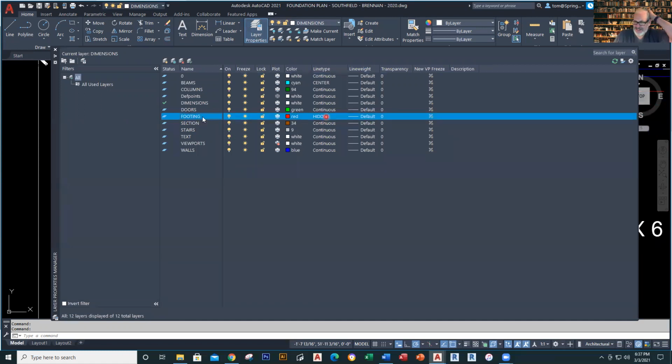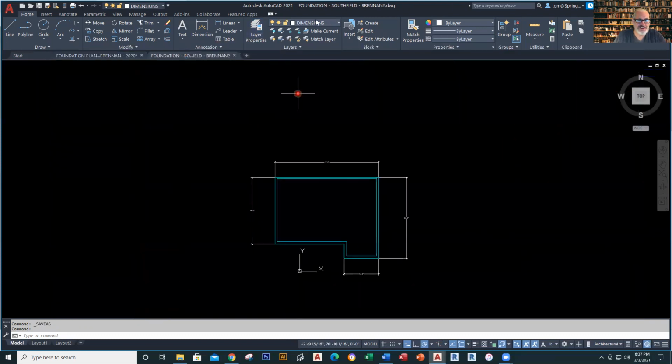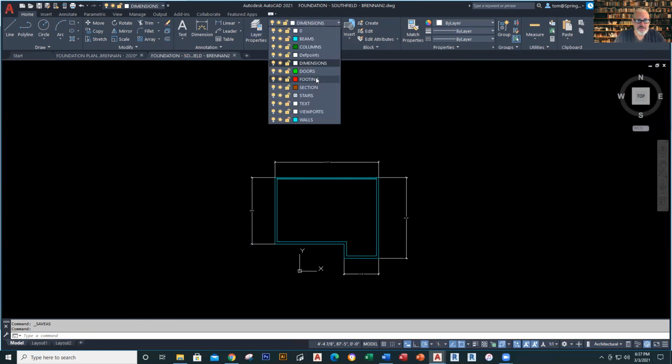And typically a hidden line type is exactly that, it's hidden from view. So in this particular case, I'm going to use hidden to go ahead and draw the others. So I'm going to go ahead and do that. So over here, I'm going to change my current layer to hidden, which is,